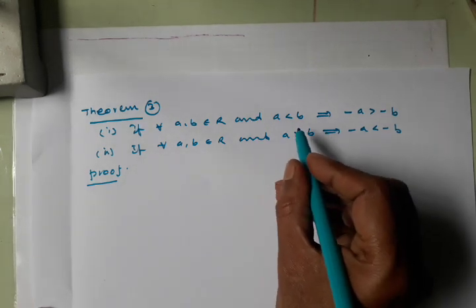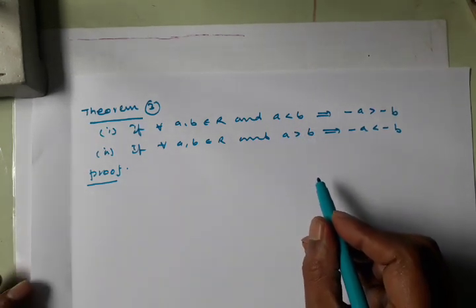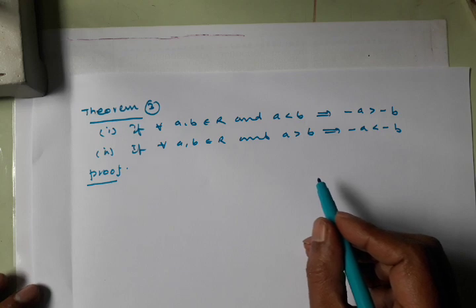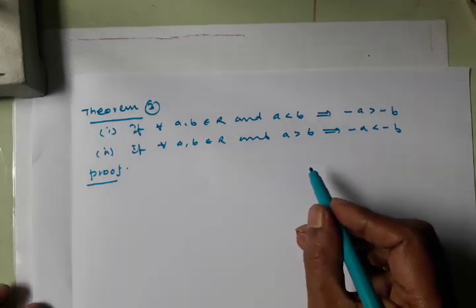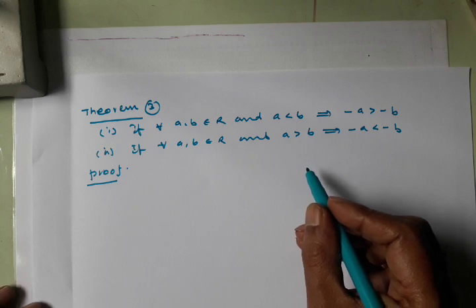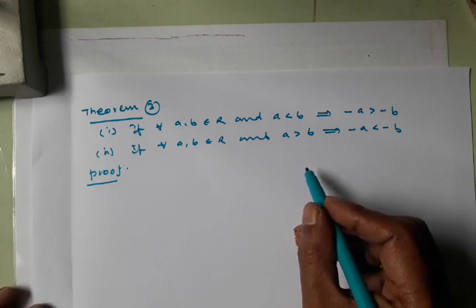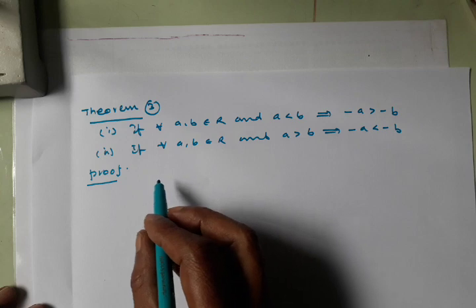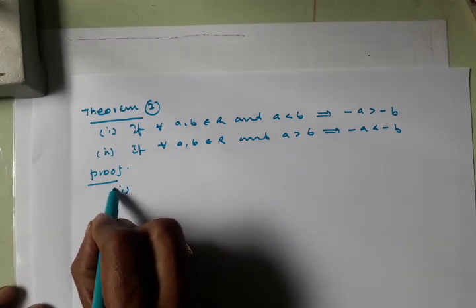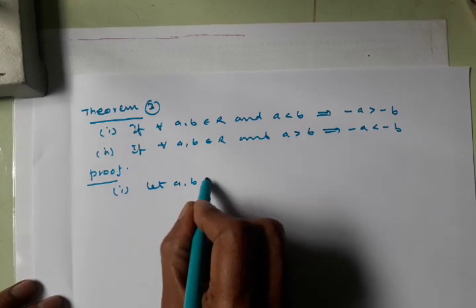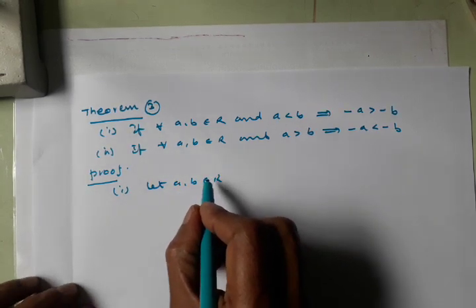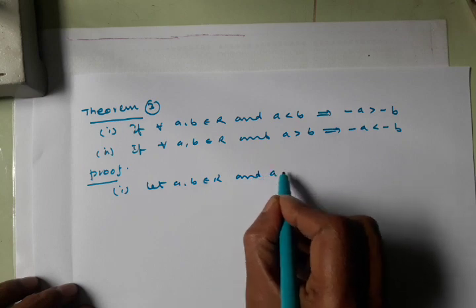That we know, as 2 is less than 3, multiplying with the minus on both sides, the inequality will change. So minus a is greater than minus b. Any inequality multiplied with the negative sign, the inequality will automatically change with the signs. Right. Proof for the first one. Let a, b belongs to R and a is less than b